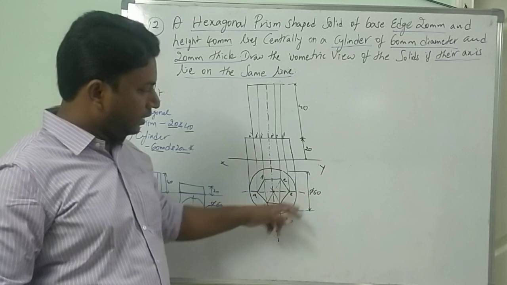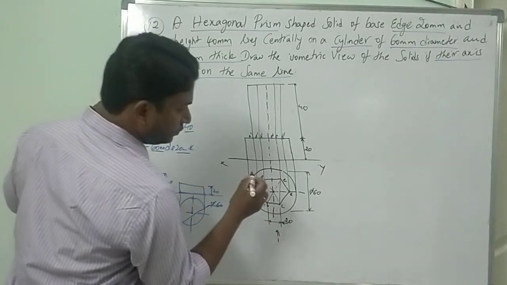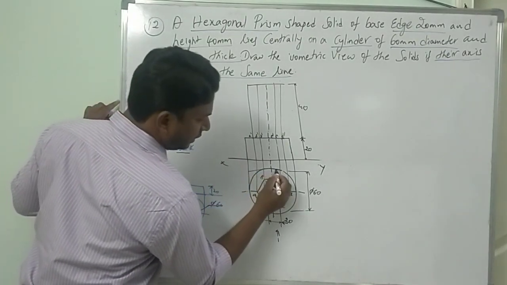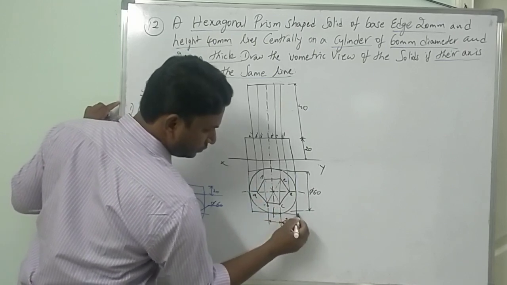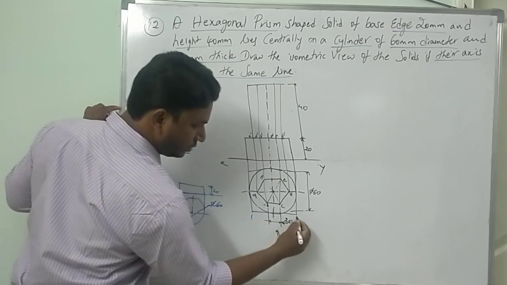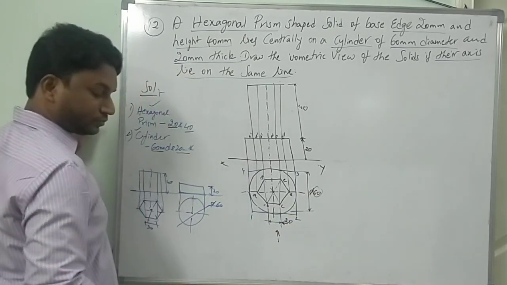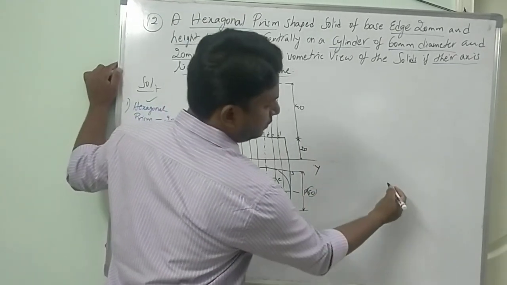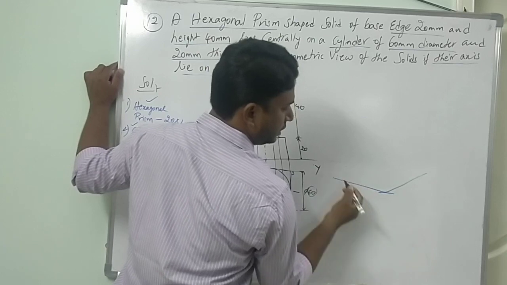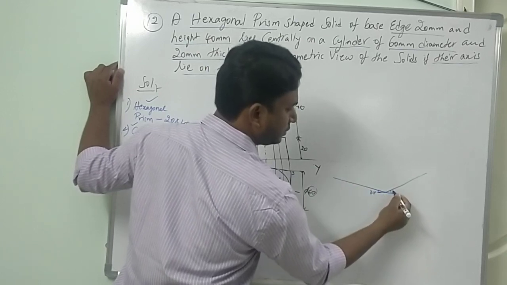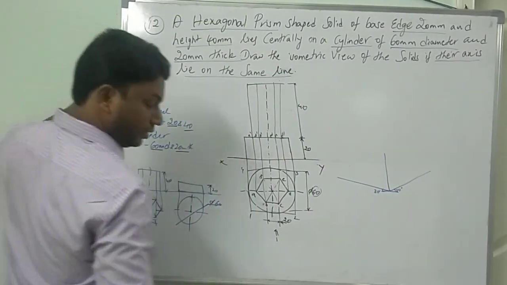See, a circle you can't draw directly in isometric view. We have to take the help of the box method again. So here, construct a box for this circle. Try to do it with respect to numbering 1, 2, 3. That length will be equal to 60. So simple here, just drawing simple things. 60 at 30 degrees. Height is only 20. Now complete the isotop.